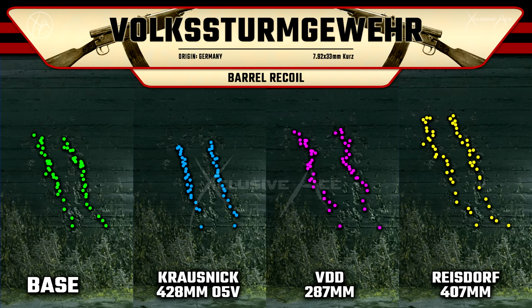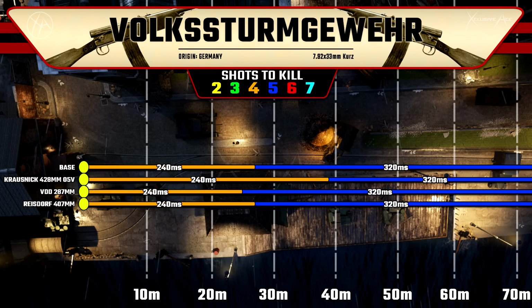And taking this a step further, let's have a look at how these barrels impact our ranges and time to kill. And as you can see, our time to kill values actually aren't changed at all with the barrels, because none of these impact our rate of fire or our damage with the Volkssturmgewehr. However, you will see that first barrel also very noticeably increases our range, so this is actually looking like a really good barrel. Significantly helps with our recoil and pretty significantly helps with our range value,